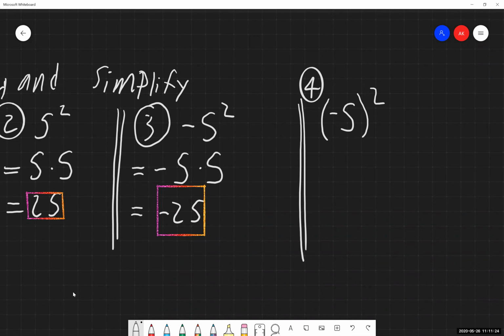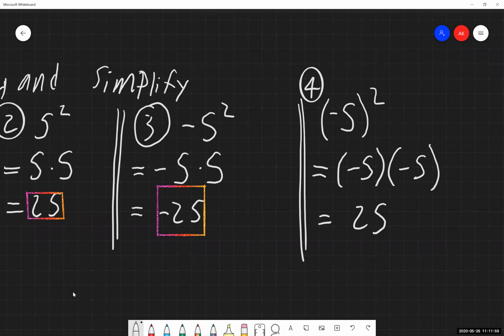So the base in this instance, we have a parenthesis being raised to the second power. It's the big difference between number 4 and number 3. Number 4 tells us everything that's inside here is being raised to the second power, which means the base of the exponent in number 4 is going to be -5. And I'm going to expand that as I write it out. So then I get -5 times -5. That's going to give me a +25. I have the final answer.